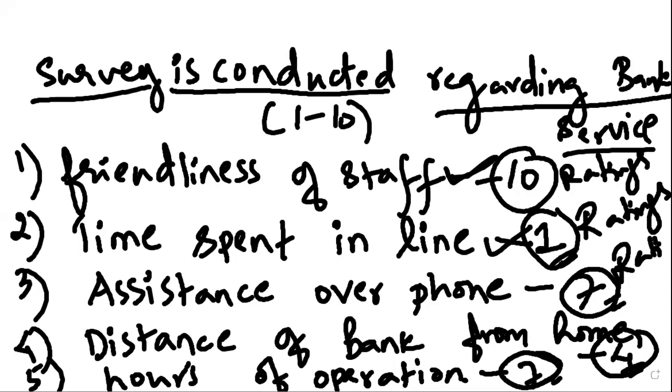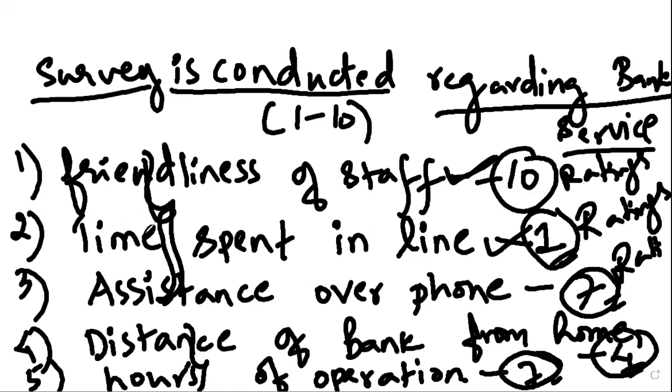Correlation coefficient. What was the equation? These are the different questions you have asked. Using the correlation coefficient, you are going to find out whether there is any type of correlation between the first, second, and third, and similarly the fourth, fifth, and sixth questions. I do not have space here, but there is a sixth question which is not written here. There is no space, but I hope you can understand this.